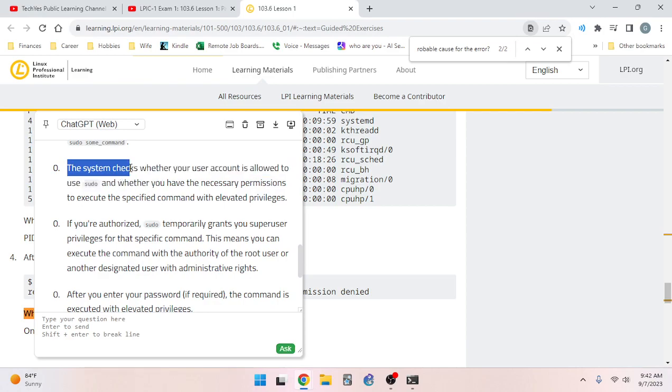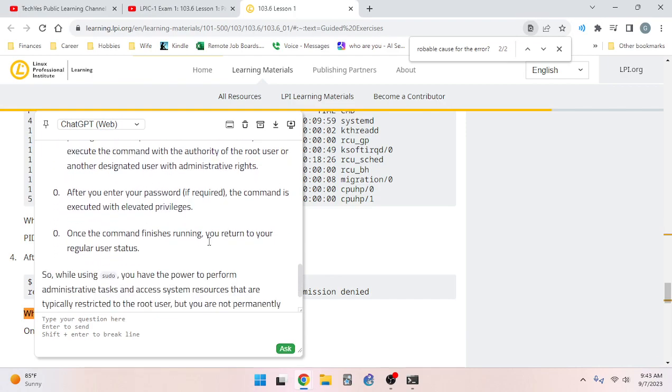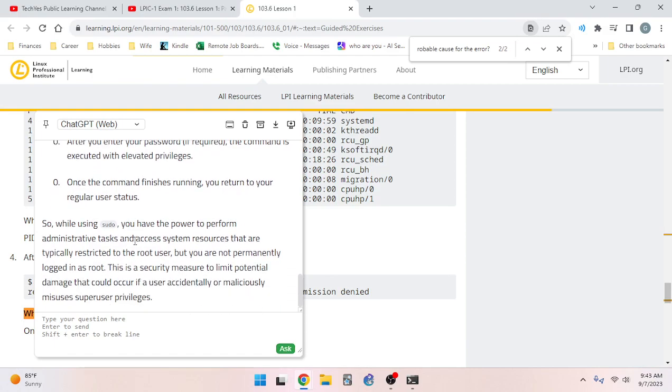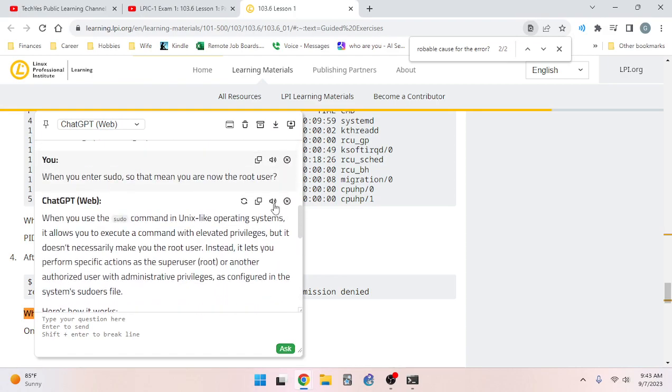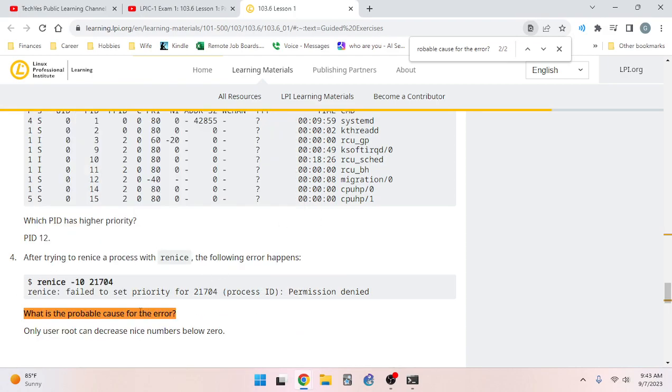The system checks whether your user account is allowed to use sudo and whether you have the necessary permissions to execute the specified command with elevated privileges. 3. If you're authorized, sudo temporarily grants you superuser privileges for that specific command. This means you can execute the command with the authority of the root user or another designated user with administrative rights. 4. After you enter your password, if required, the command is executed with elevated privileges. 5. Once the